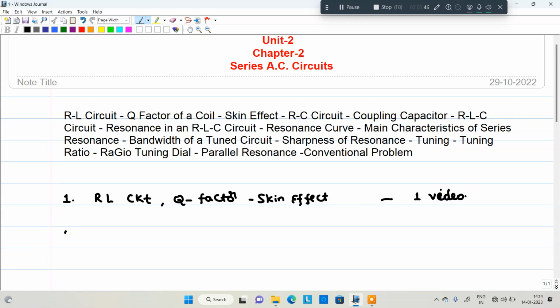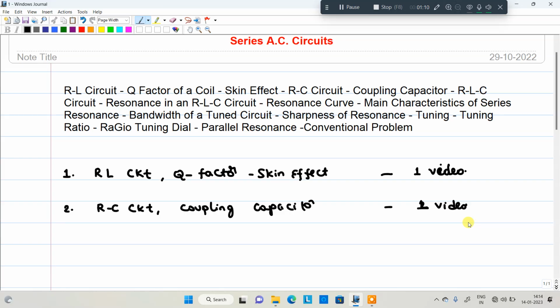The second video covers the RC circuit and the coupling capacitor. That is one video on those particular topics. Next, the third video is on the RLC circuit and resonance